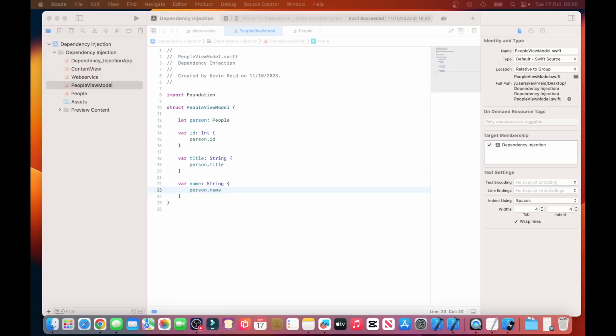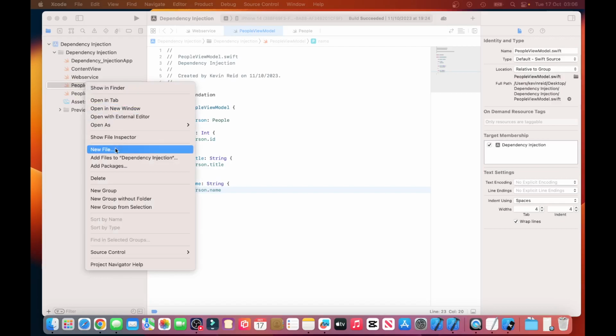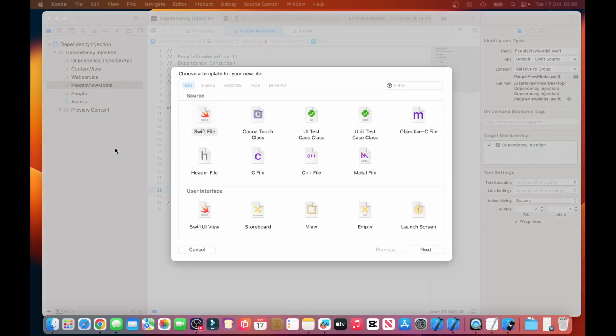Within your SwiftUI project, create another SwiftUI view and name it people list view model. So how we do this, we need to click on the control key and then left click on the mouse, click on new file, and then now we have to create a new class. So select Swift file, click on next,